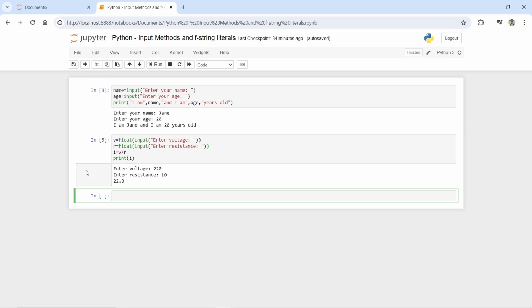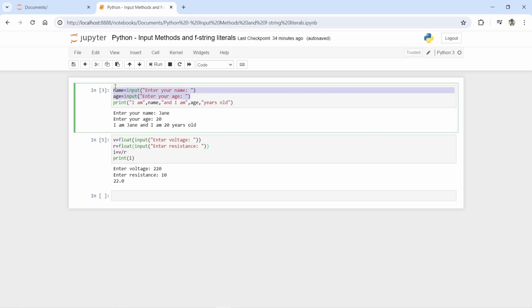For example, let's copy the statements from our first example above.